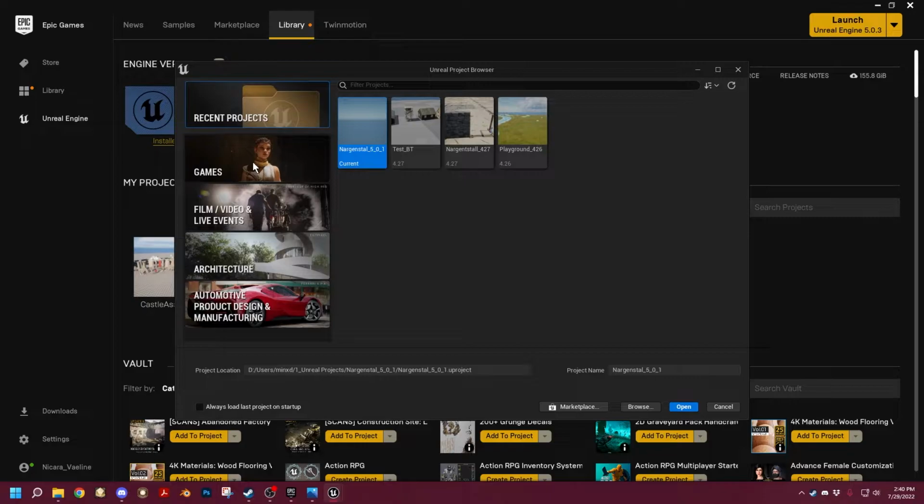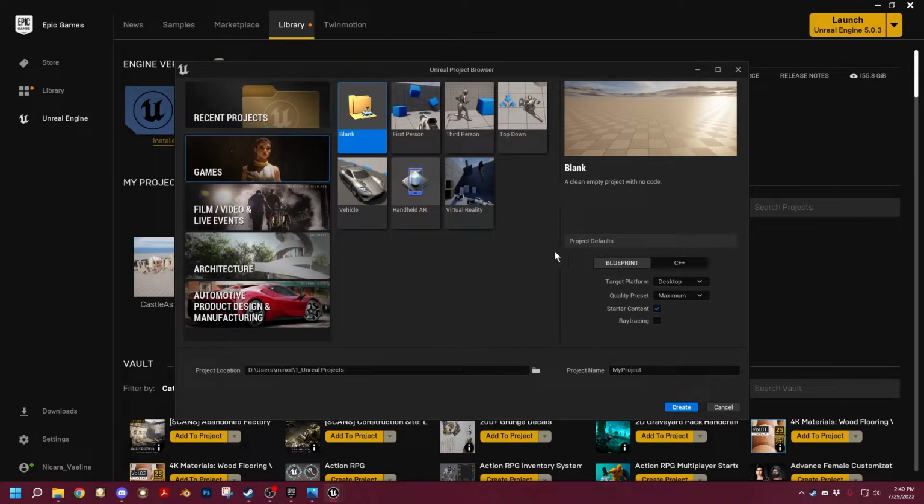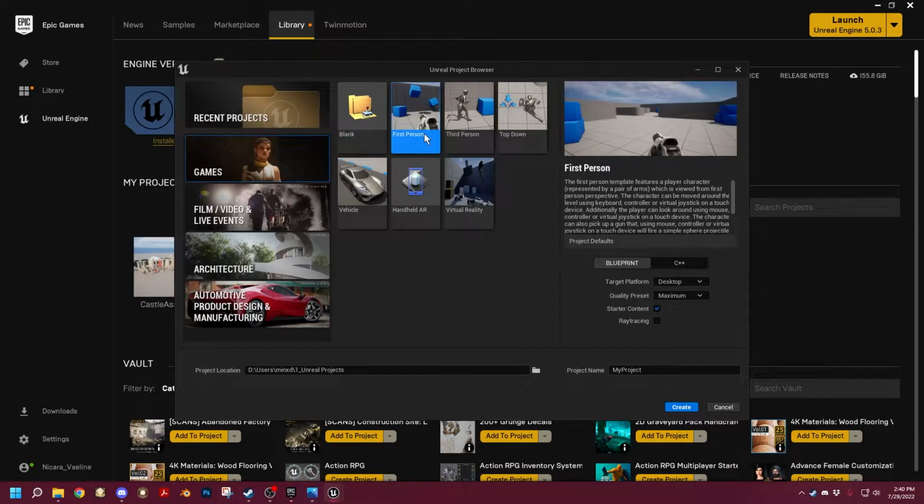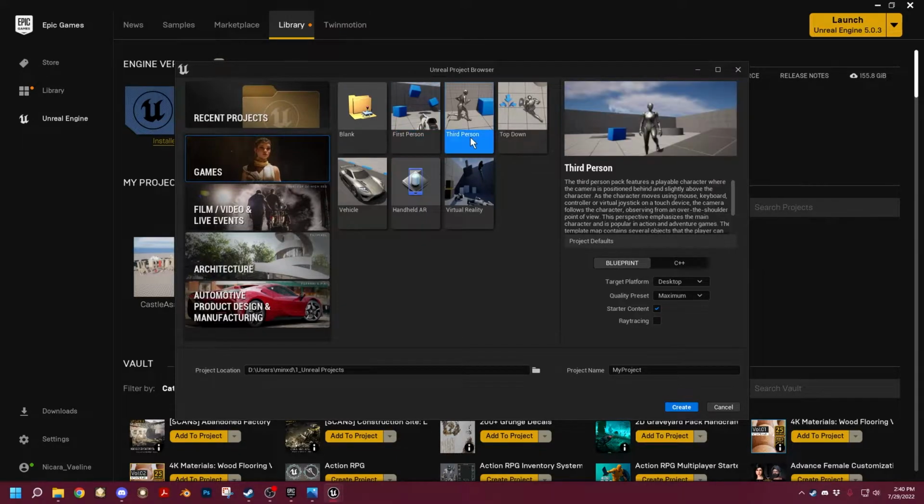So when you get started, you're going to hit Games, and then you could choose from a completely blank world with no mannequins, no anything, and it's just a blank black screen when you start. You could choose a first-person template, which is a lot of first-person shooters. You could do a third-person, which I've chosen to do. You could do top-down, vehicle, handheld, AR, virtual reality. I don't have a VR set, and I don't know how to program VR, so we're not going to do that. But third-person template,